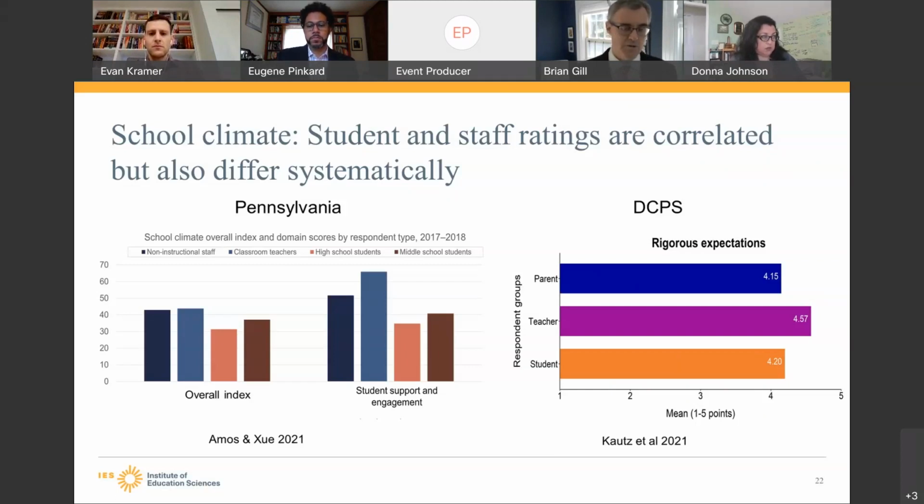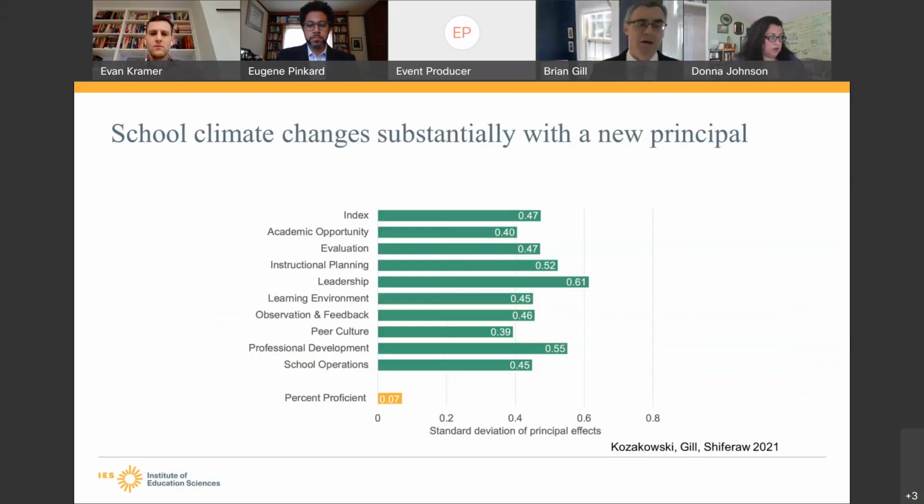They can tell you similar stories about schools, but they also differ, interestingly, in systematic ways. Teachers tend to think that their instruction is more rigorous than the students think. Students tend to think that they are better prepared than teachers tend to think.